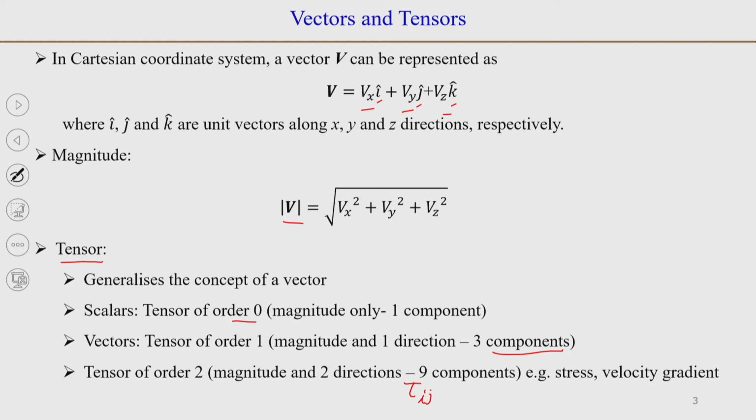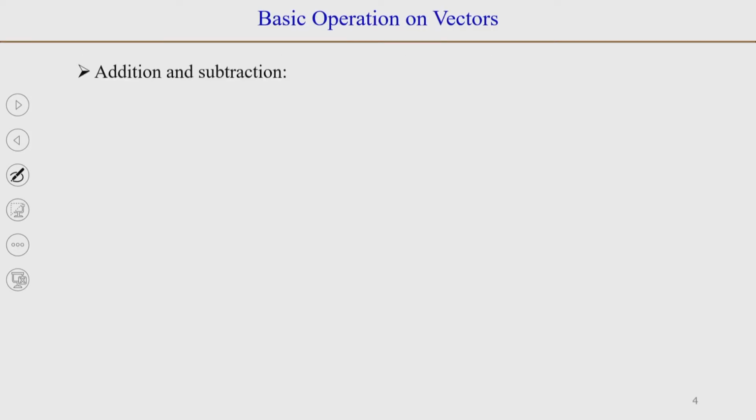So, there will be two directions, tau i and tau j, but when we talk about it in detail, we will say which of these indices represents the direction normal to the surface, and which represents the direction of the force acting on it. Okay. So, then some usual stuff that we are already familiar with,